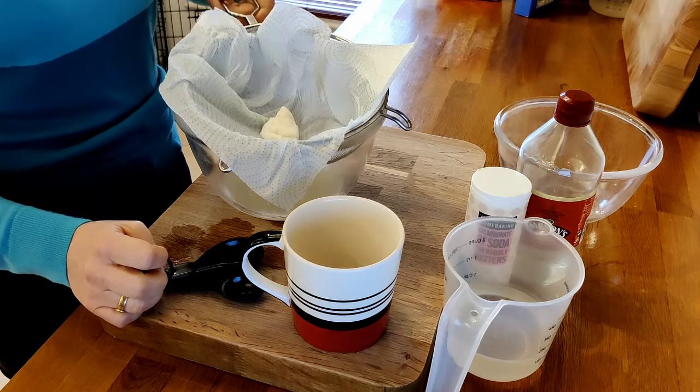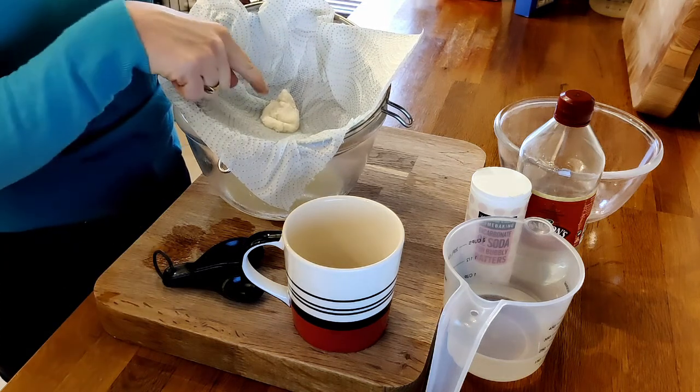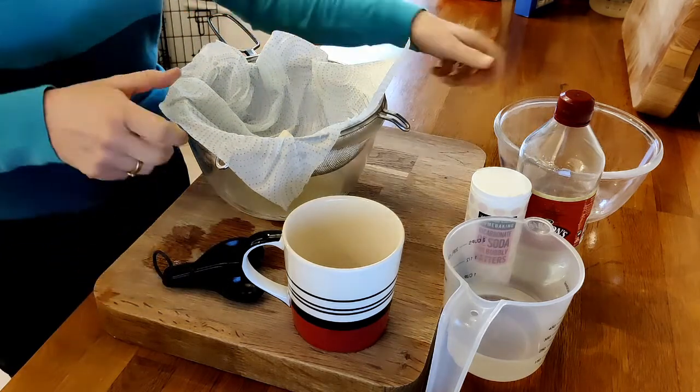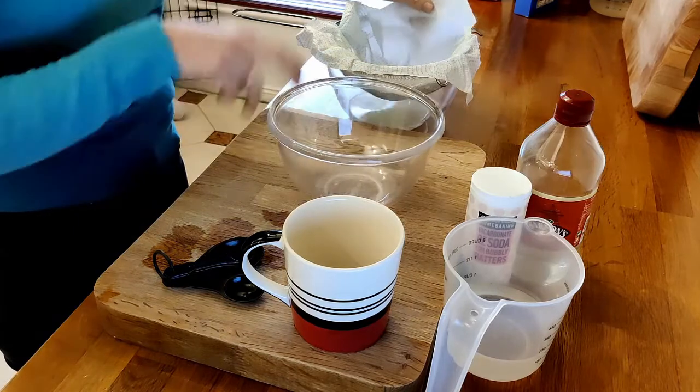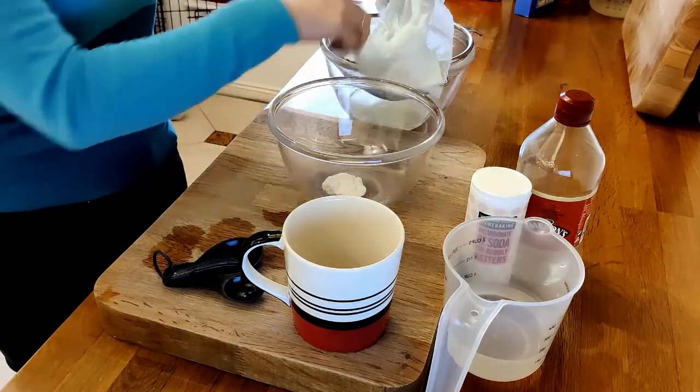After all the water has drained through the kitchen towel and the sieve, you should have a solid lump left in the kitchen towel. Scrape that or put that into a bowl or cup,